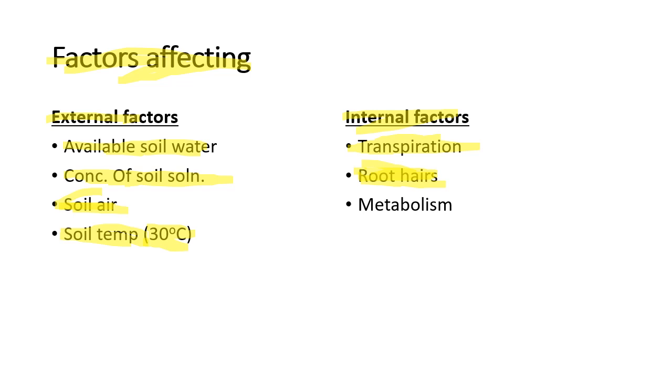So the third one would be your metabolic activities or the physiological activities. These physiological activities could be hampered or retarded due to various conditions, maybe due to the presence of some chemical compounds in the soil, or due to poorly aerated soils also the physiology may be hampered. Hence, if the metabolism or any physiological activity of the plant system is affected, then obviously the water absorption rate will be very low.